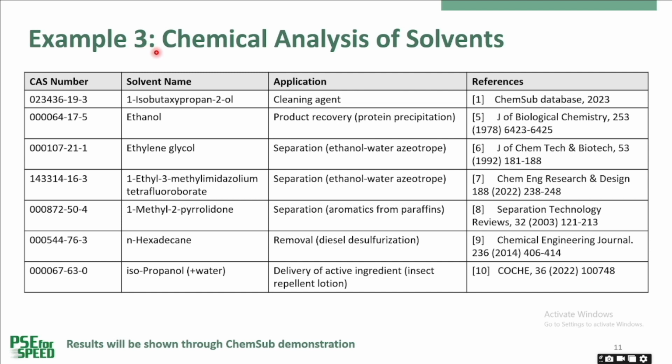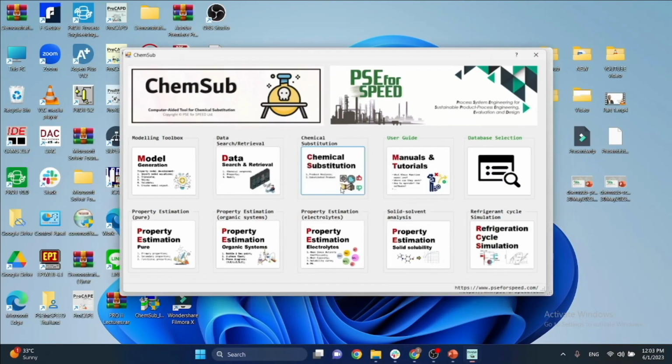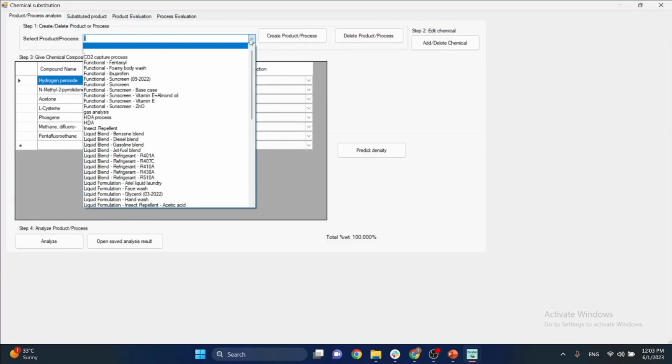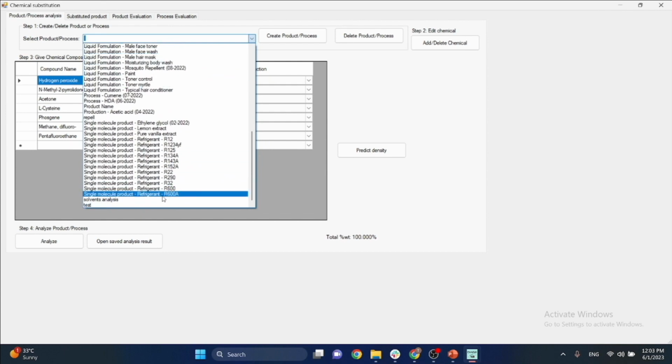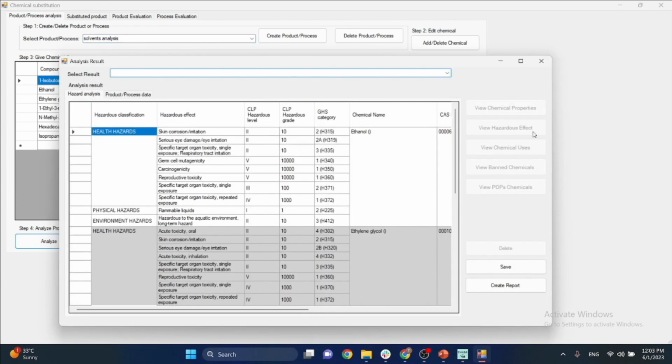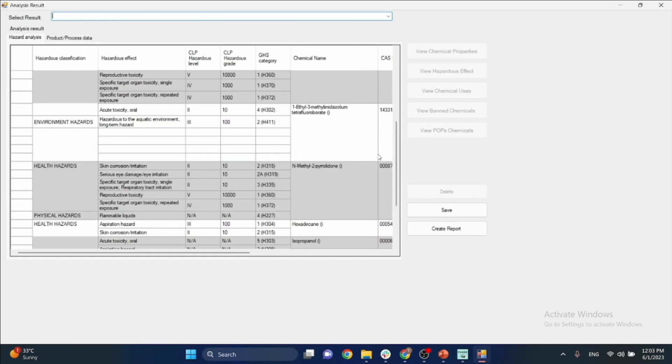Next, we'll go to example 3, which is the chemical analysis of solvents. Here is a list of common solvents used in industry for different applications. We'll use ChemSub to analyze the hazards of each solvent. To save time for the demonstration, we'll open the save file. The analysis results show